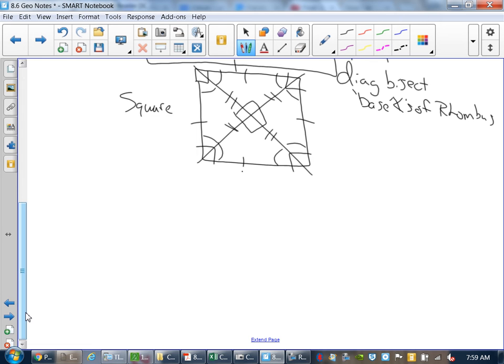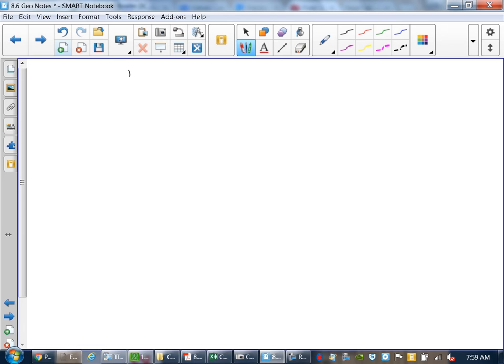Right. Now, if you go to the non-parallelograms, when we went to the non-parallelograms, we had the trapezoid and the kite. Now, the trapezoid,